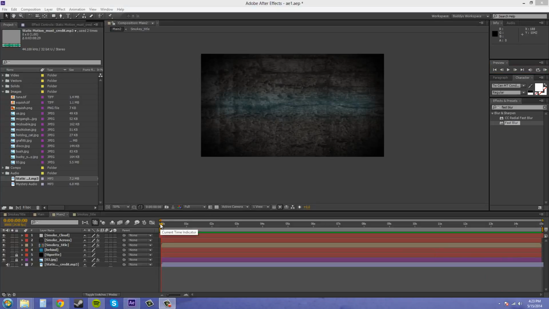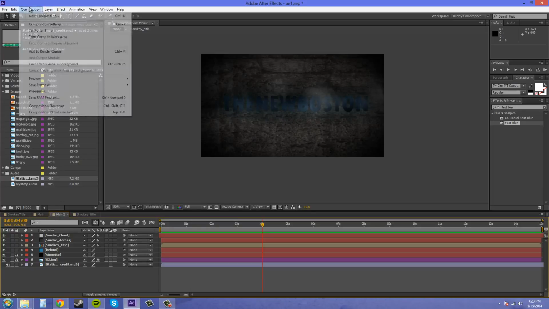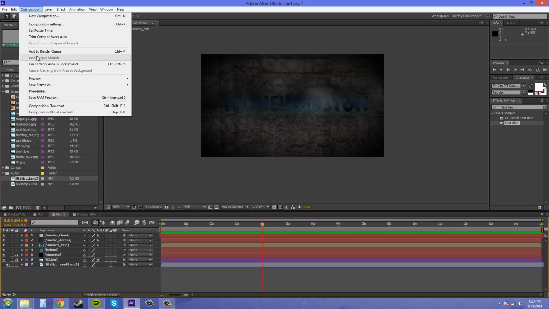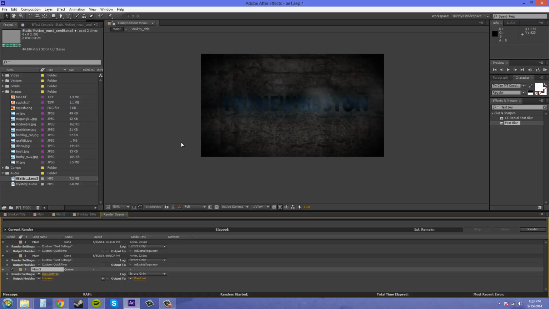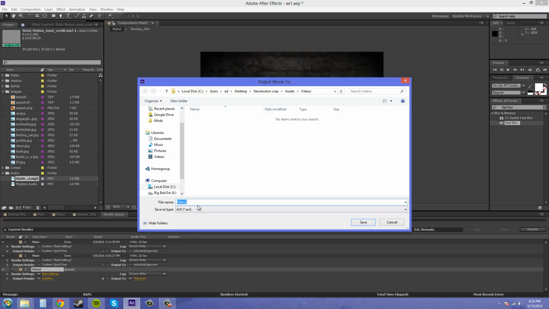So now you can render it, and what I like to do is just make sure you're on your main layer here, and then go to composition, or is it? I thought it was composition, and then click on add to render queue, and the hotkey is Control M. And this section right here is where you can name it. So creepy logo,